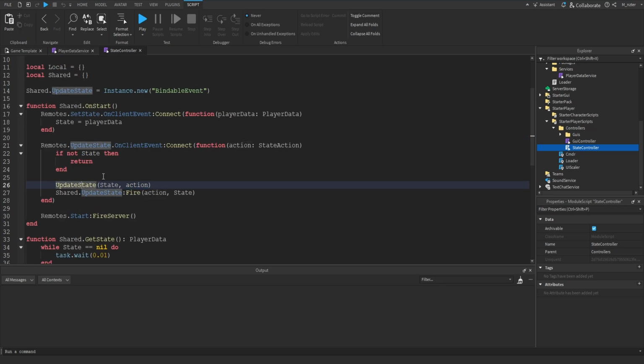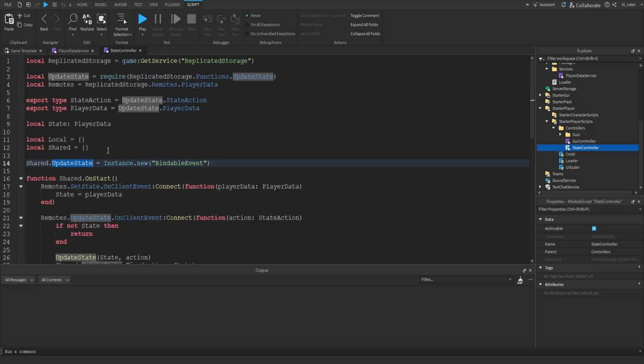Now, we actually haven't covered how we sync the client with the server. To save us some time, I'm going to skip explaining the full details of this, but essentially when the player joins the game for the first time, and when their data is loaded, the set state remote event will be fired off to the player. So that's how they'll be given their initial data when they join the game. And then anytime we perform a change on their data on the server side, we'll go ahead and also apply that change on the client side right here to keep it in sync.